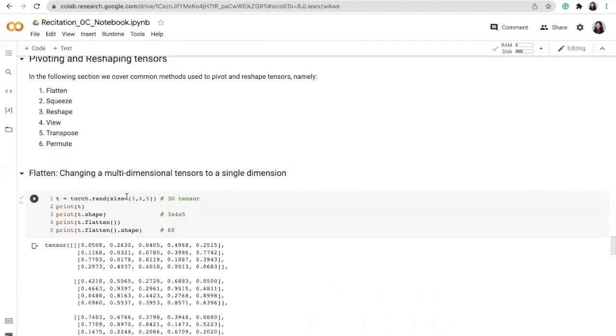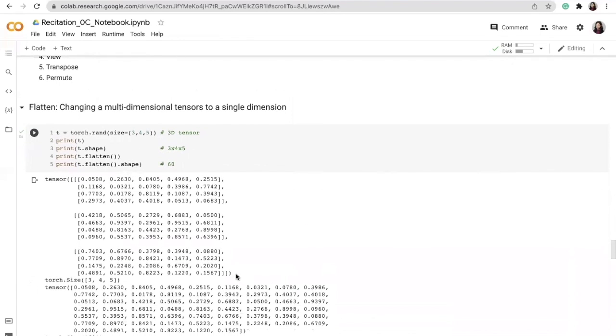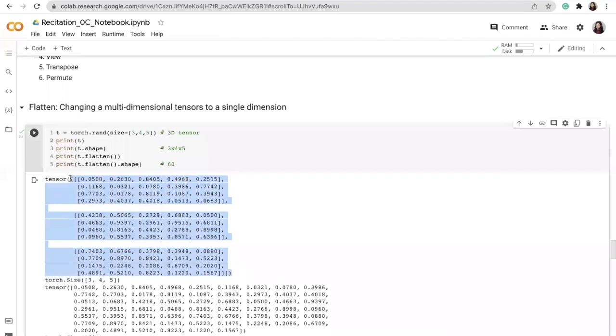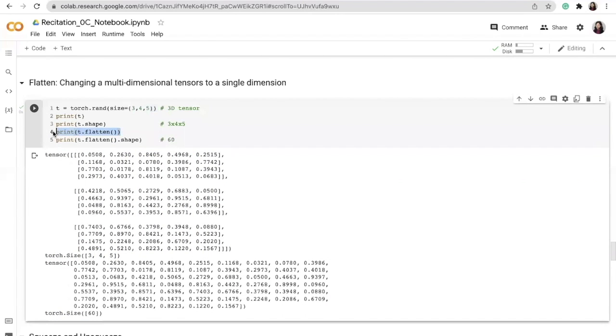So again, we are going to randomly initialize a tensor of shape 3 cross 4 cross 5. Now, if I call the flatten function, it will essentially remove all these dimensions and create a single 1D array from all these values that we have. So it will flatten all these dimensions and create it into a single dimension.